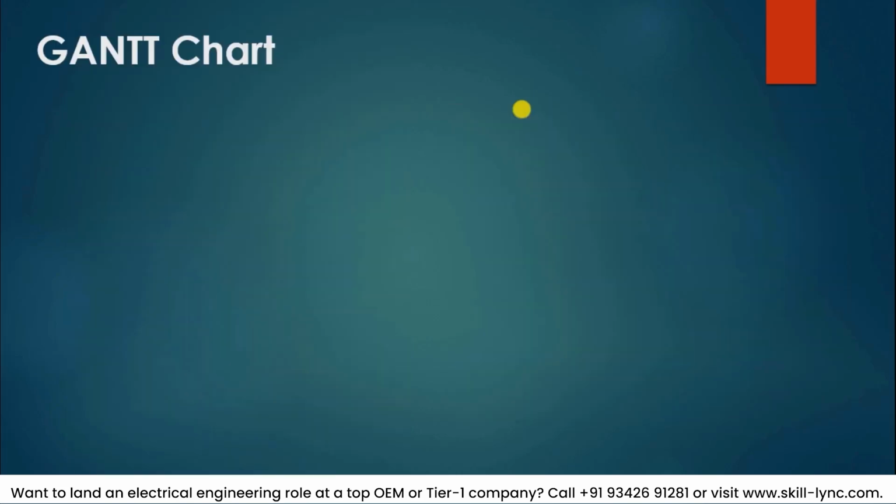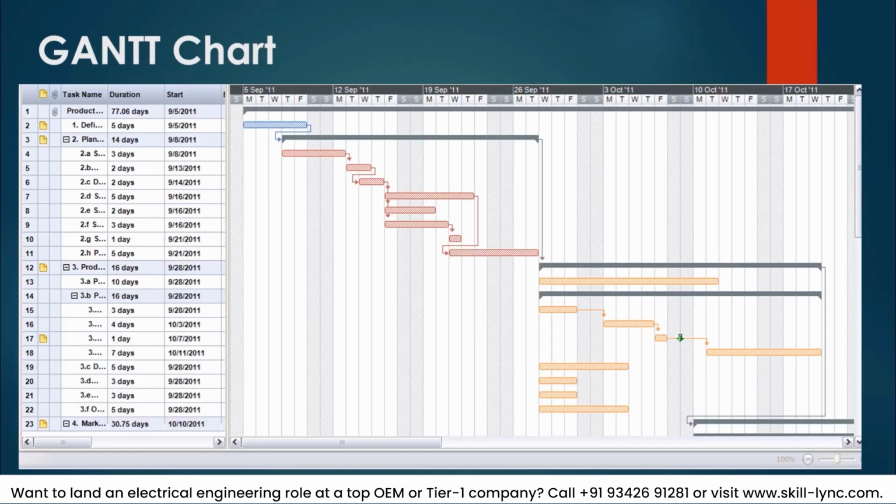And the next and most frequently used part of project management that everybody should be aware of is the Gantt chart. It can also be done in Excel, and a lot of tools are available online. So even if you're doing a simple AutoCAD drawing, you can still quantify it in a Gantt chart, stating that the first process is to open it up. Suppose there are 6 different parts in a drawing, you can constitute one part after the other as a sequence of activities. This is one such example taken from projectmanagement.com.